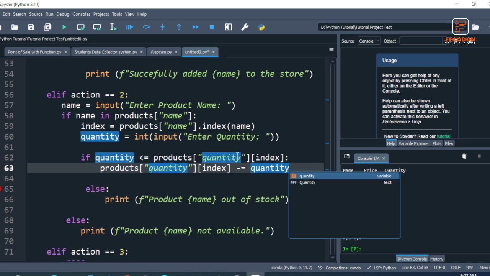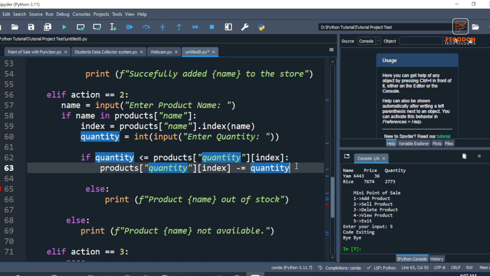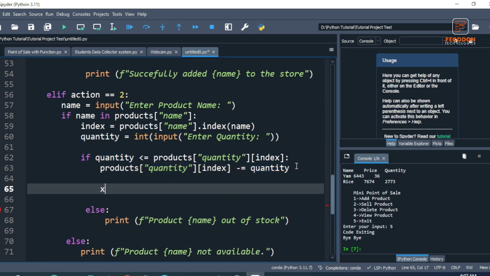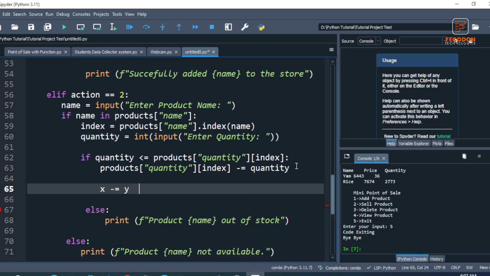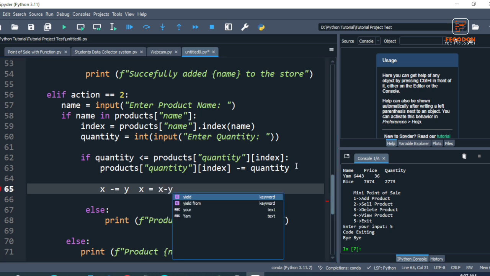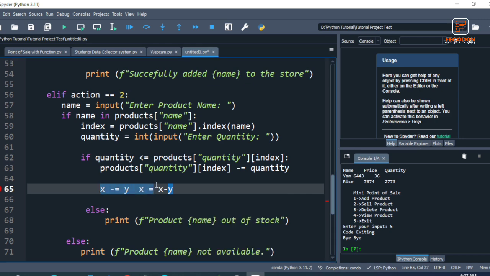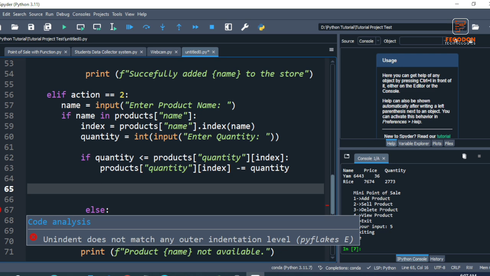What this means is, if we have something like this, say x minus equals to y, what this thing means is that x is equals to x minus y. Okay, so this is what is actually going to be executing. All right, so after executing this now, we'll have